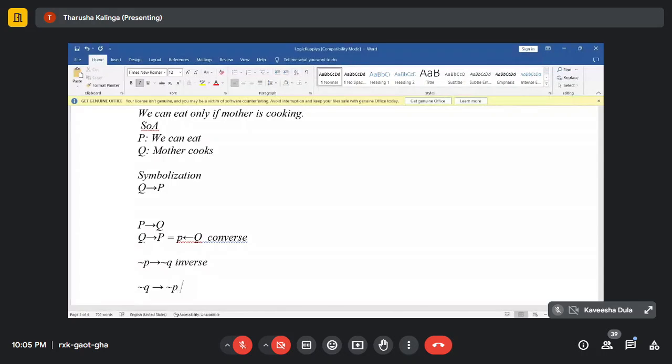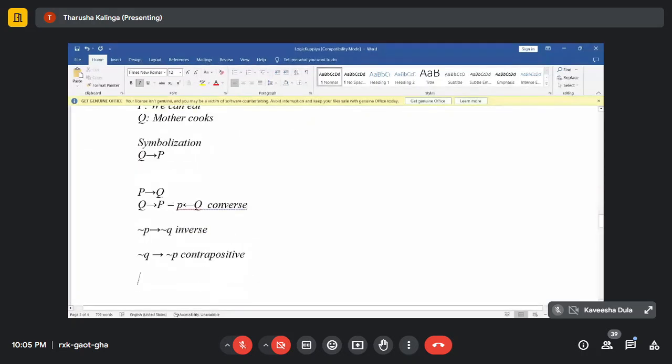Okay, you got this. P implies Q, and this we call contrapositive. Contrapositive. Okay, keep this in your mind. This would be helpful for you. Okay, and after that, so we talked a lot about implication, and then we are moving on to